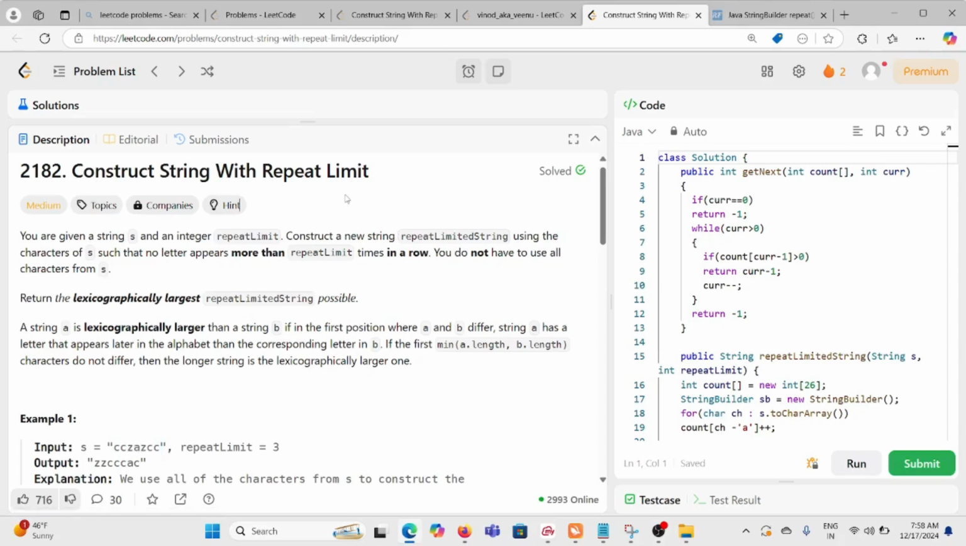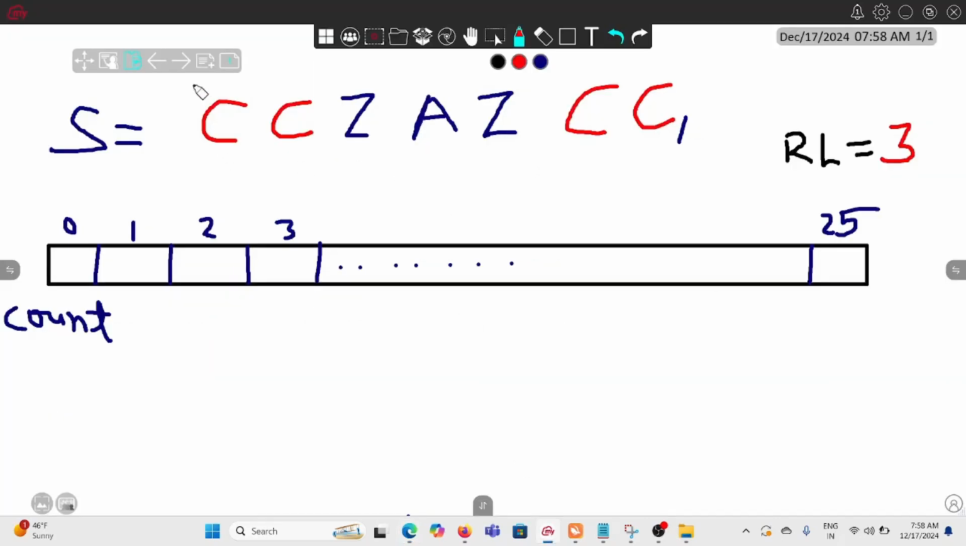Repeat Limited String. You are given a string s and an integer repeat limit. Construct a new string, the repeat limited string, using the characters of s. For example, suppose this is our string, and the repeat limit is given as 3. So that means we have to